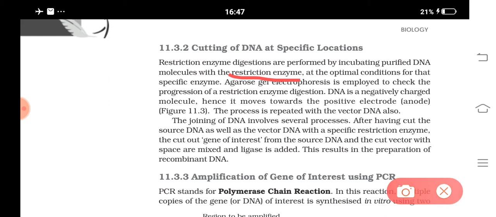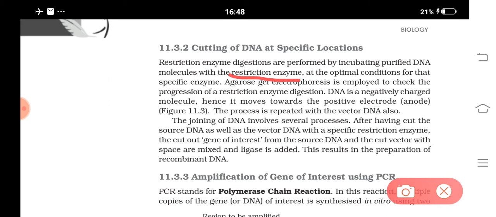Then next, the DNA fragment which is having our gene of interest should be taken out by elution. Do you remember? And after that, this should be ligated, isn't it? This should be joined with the vector. So the vector also should be cut with the same type of restriction endonuclease, so that the sticky ends of the vector and the DNA fragment having the gene of our interest will be combined.